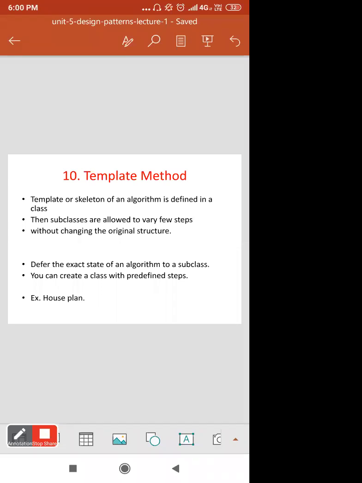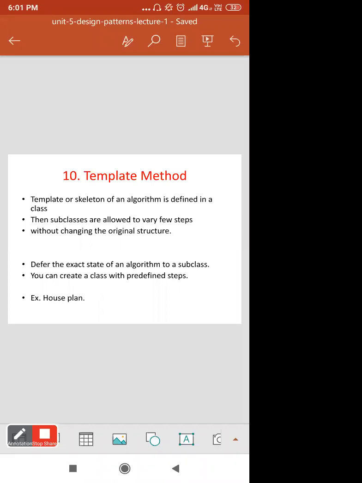The example given here is a house plan, in which you can add different functionalities, but without changing the original structure of your particular method.